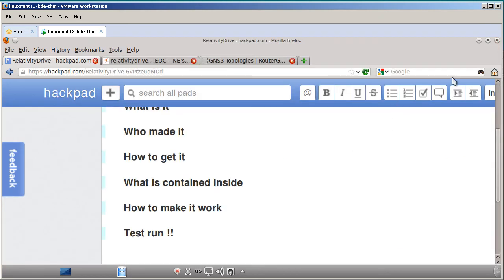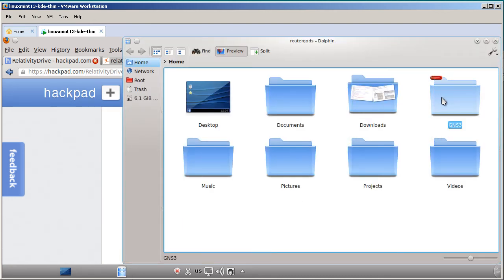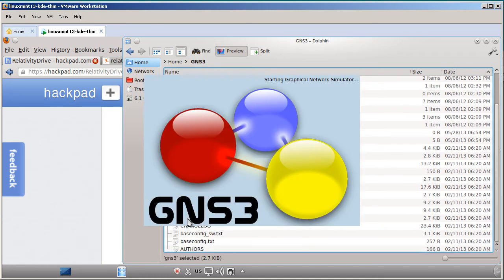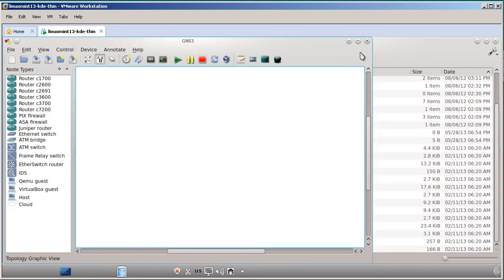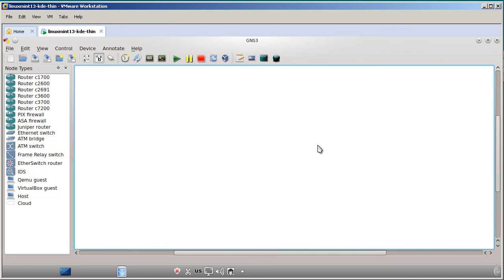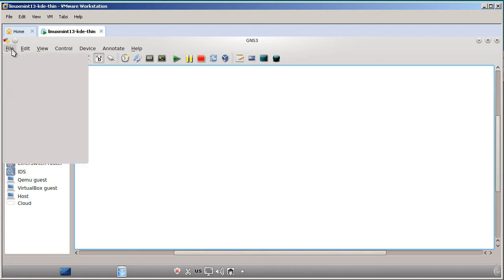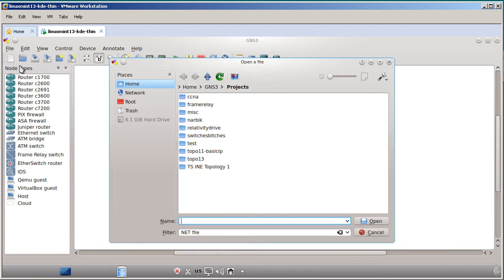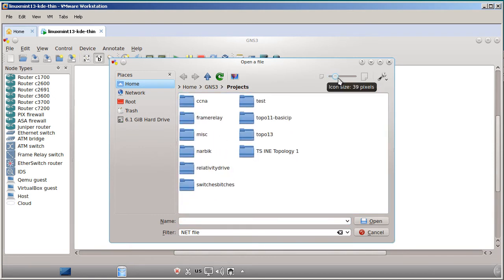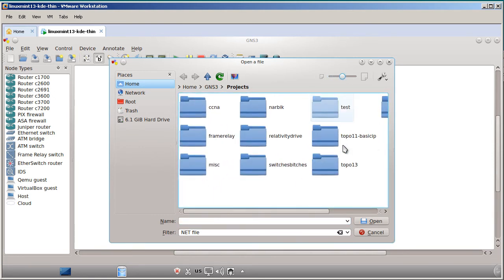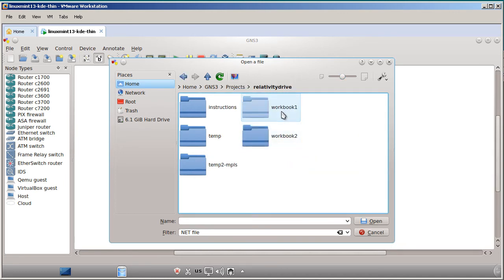So how do we run all this stuff? Well, pretty easy. Let's fire up GNS3. So there's GNS3 ready to rock and roll. We'll go up to File and Open. Now my particular screen, you can see I got a lot of stuff because I just have a lot of stuff. I put it in RelativityDrive, and here's my workbook 1. So go into workbook 1